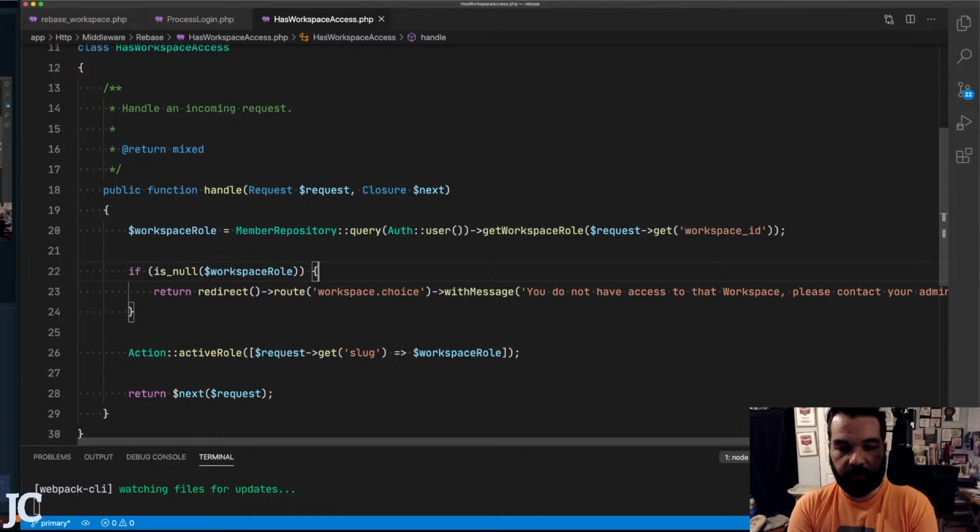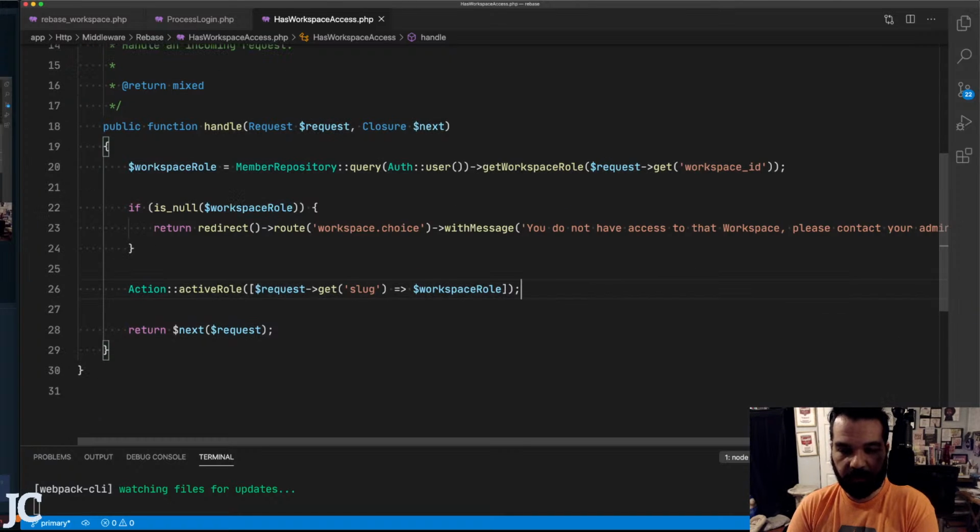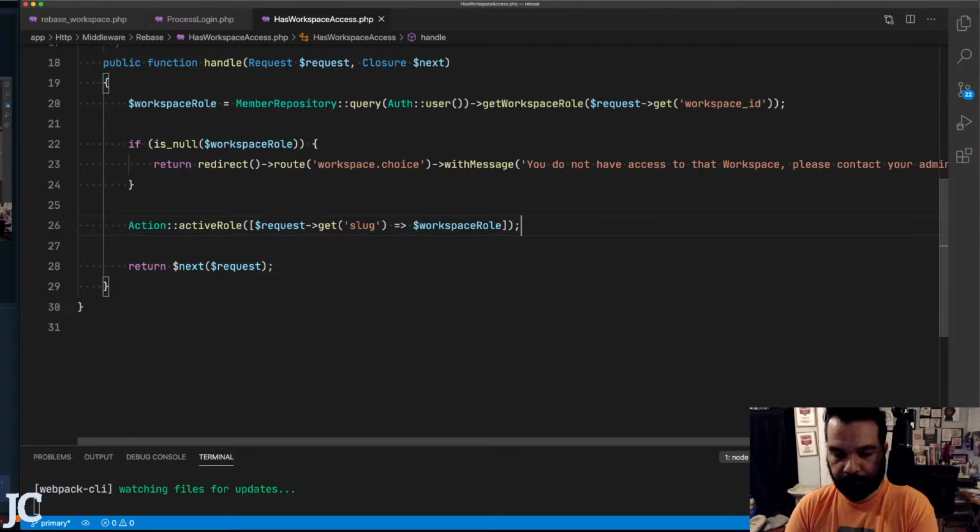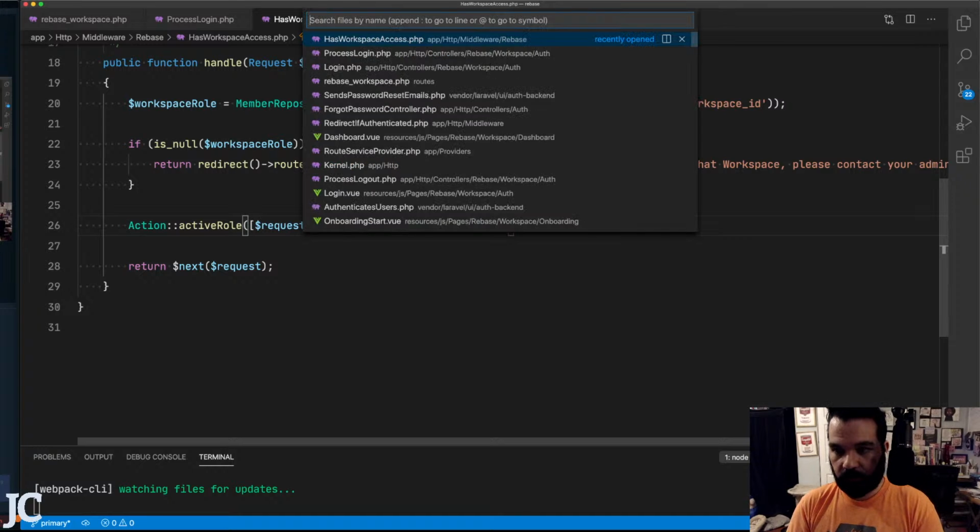workspace issues. And I created a new action to do some of this stuff, which is just the request for setting the active role for you currently. So I probably should talk about this for a second before we go on. Active role, what is this, and why do I have this here? This is really just sessions. So if you look at active role,